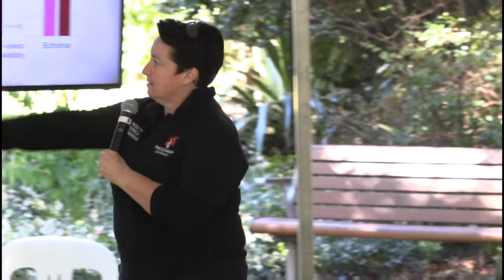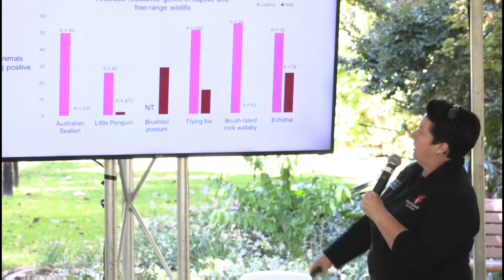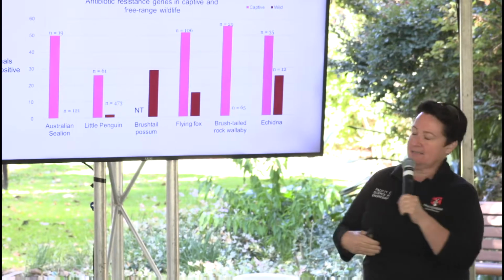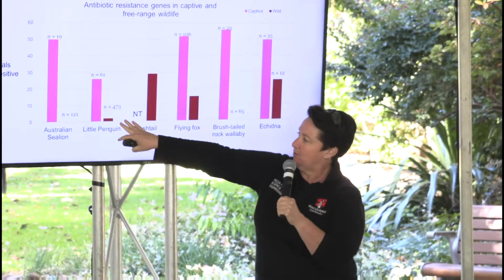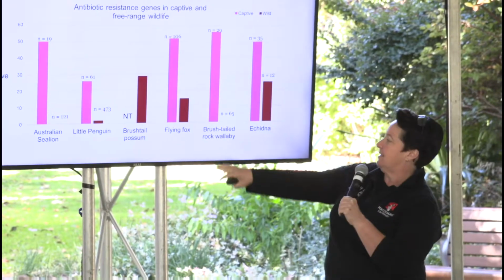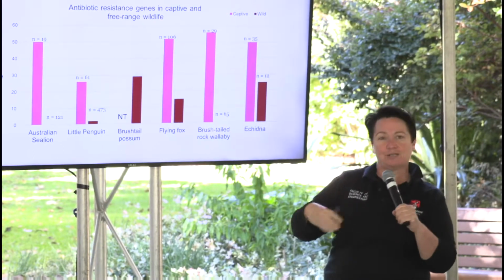And we did see that in sea lions, and so here we saw a 0 occurrence, but then you can also see that we are seeing resistant bacteria in some wildlife species. So very low in the little penguins, but at least around 2%. In brush-tailed possums, close to 30%, flying foxes just under 15%, none in the wild for the brush-tailed rock wallabies,